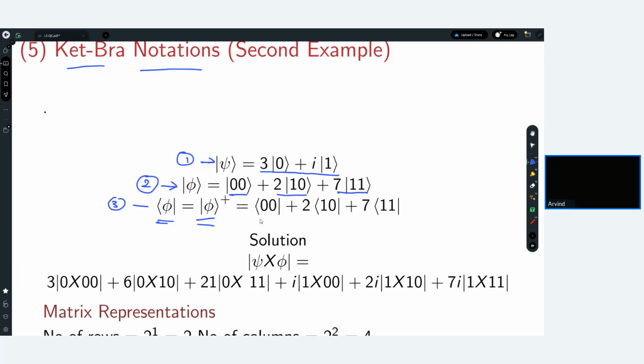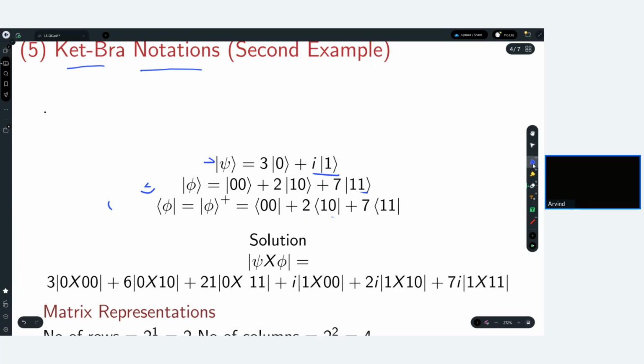And here the function becomes bra 00, 2 times bra 10 and 7 times bra 11. Now we will multiply this Ket-bra in order to get the resultant Ket-bra notation,